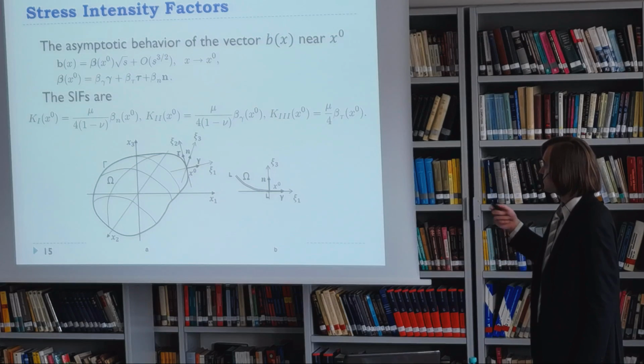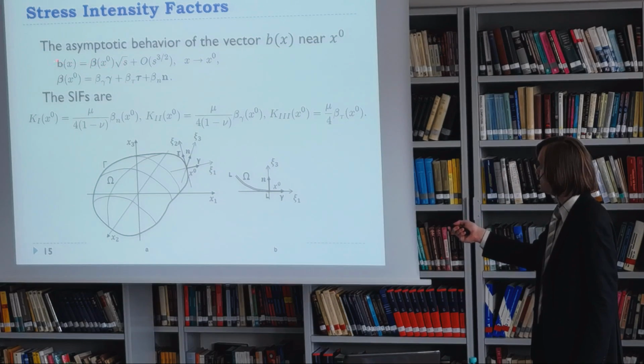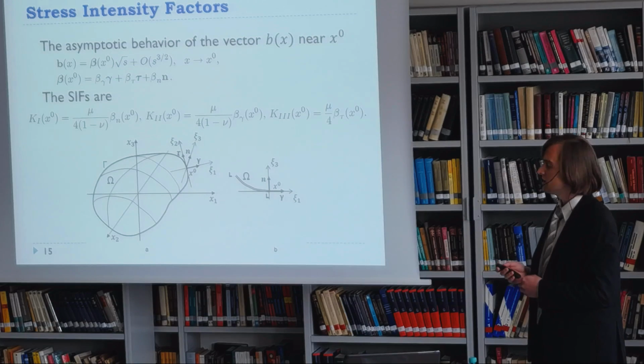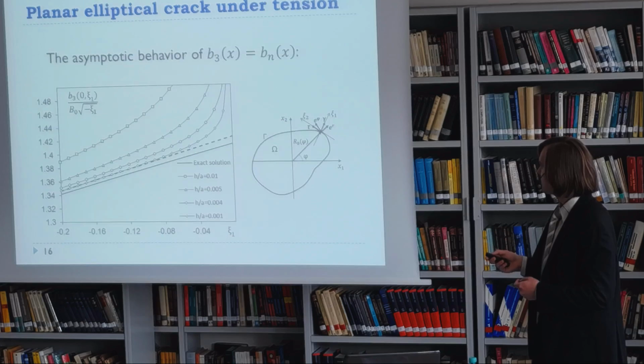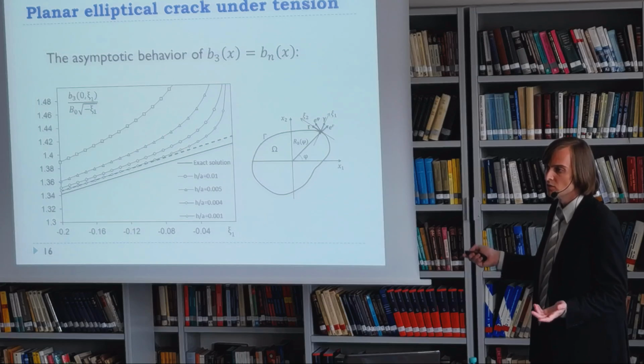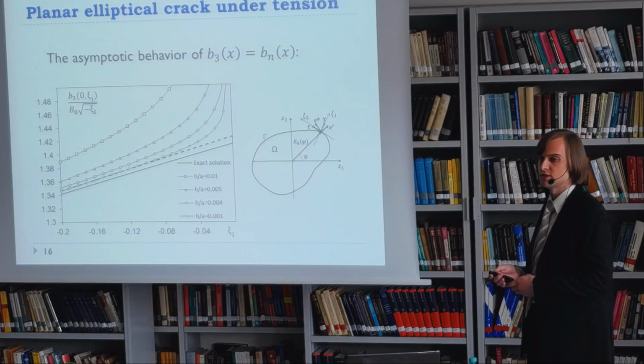So we need the asymptotic. I mean, we calculate this beta, which would be the crack opening divided by the distance from the crack edge, which is s. Let us see how it would look like. It looks like that. We would expect that this asymptotic should go to some finite value, which would give us our stress intensity factor.